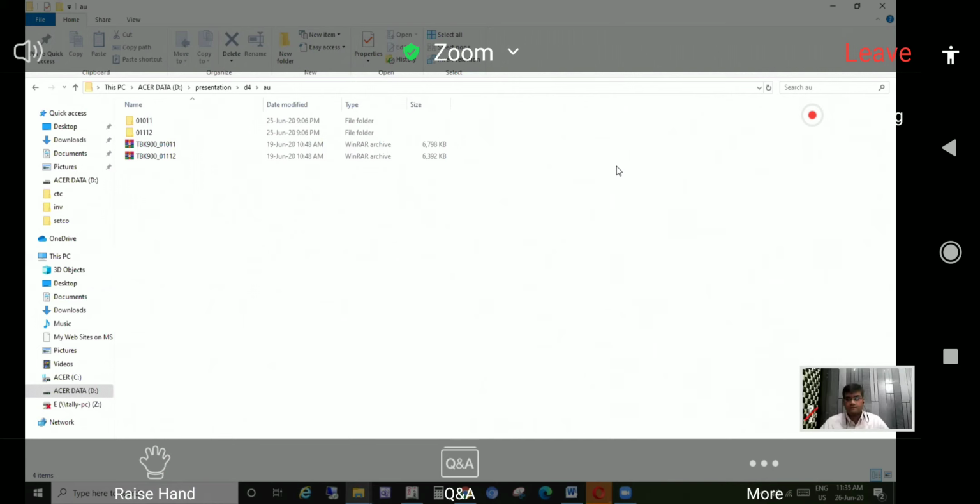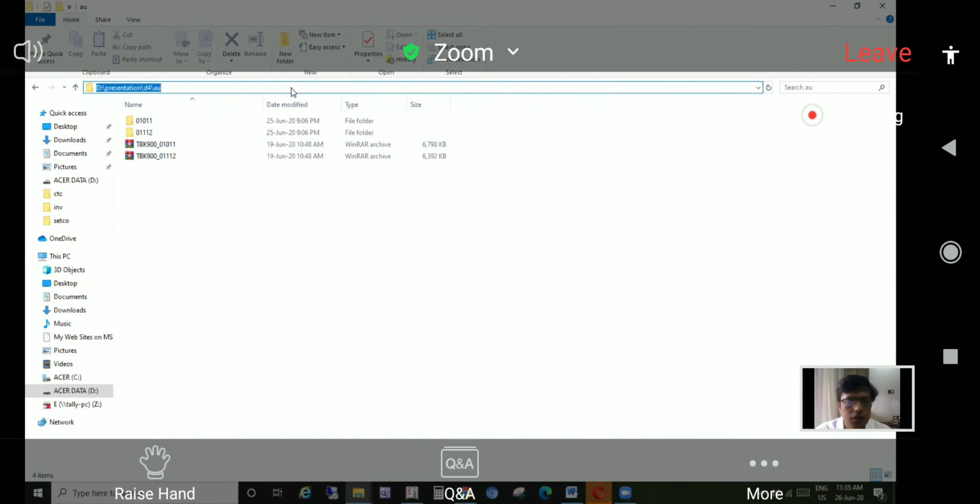So, if you see that a Tally data would offer 5-digit data. Okay, here is the path where whatever this Tally data is being stored. There are two ways in which you can copy the data. One is of course Control C and Control V. The second thing is you can restore it from Tally itself, or there is a TBK file which gets generated.